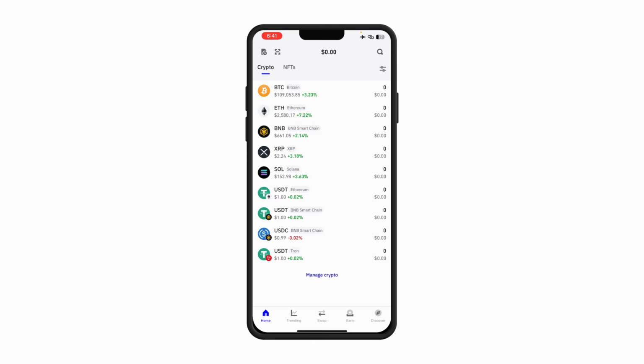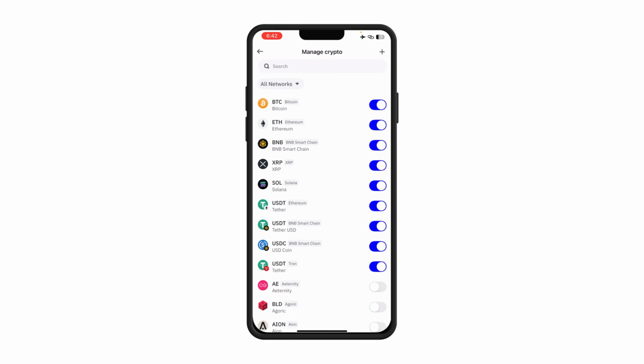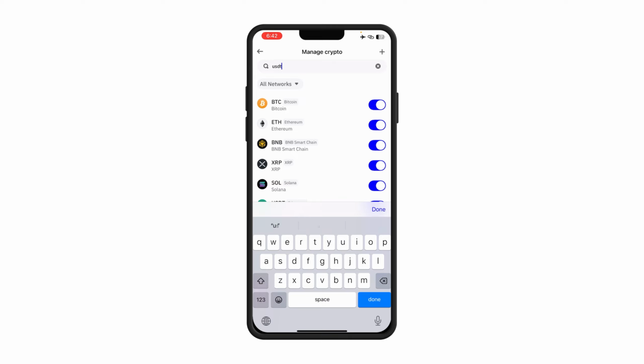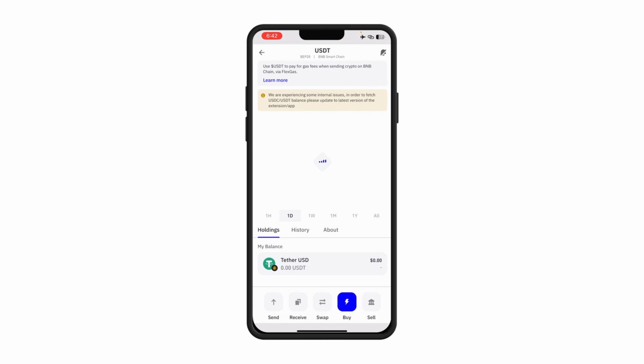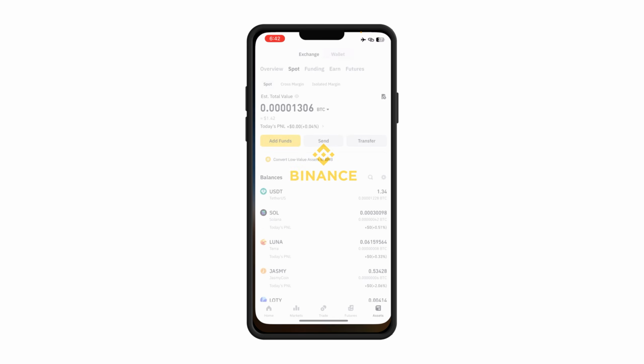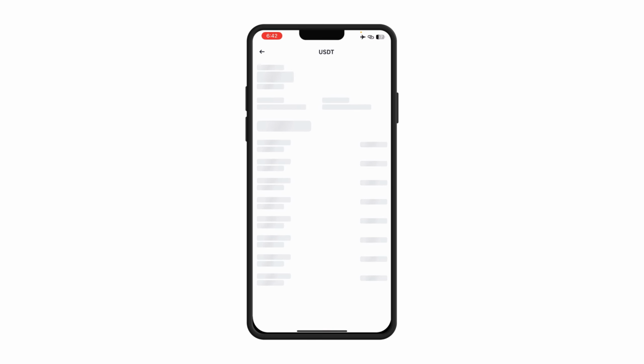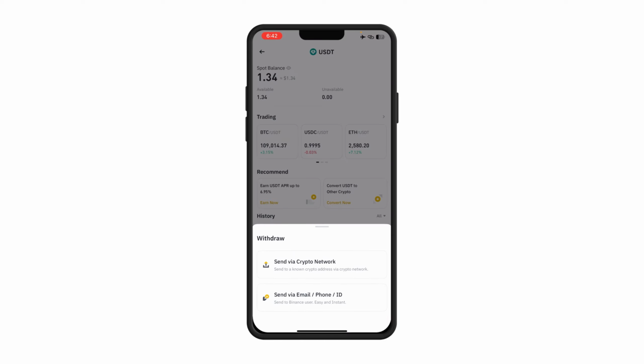So you can see right here, we have the USDT BNB Smart Chain, right? So come on here and ensure you turn it on. So you can see mine is currently on. So mine is on, right? So click on it. Click on the receive, copy your address, open up your Binance, click on this, click on